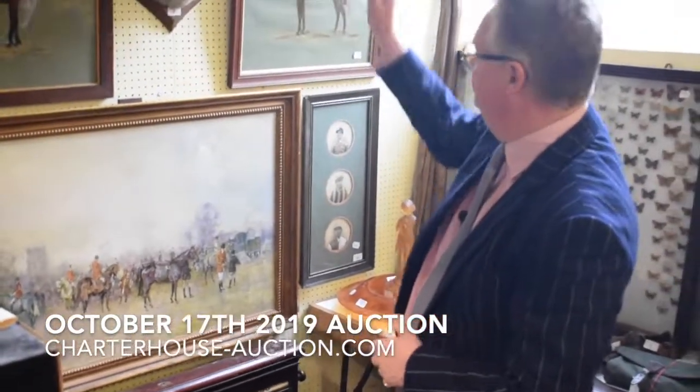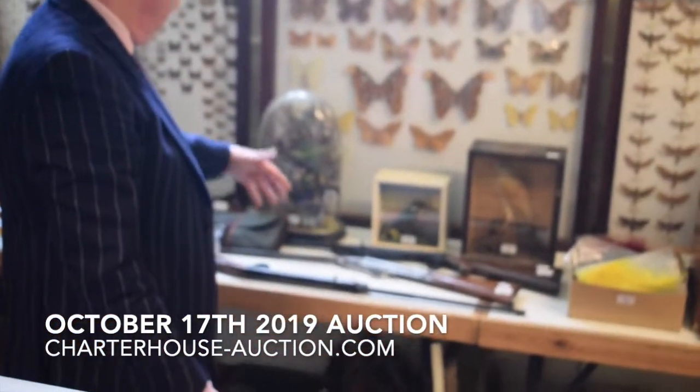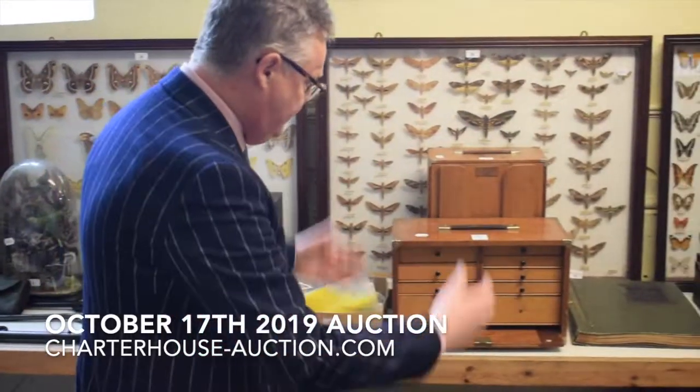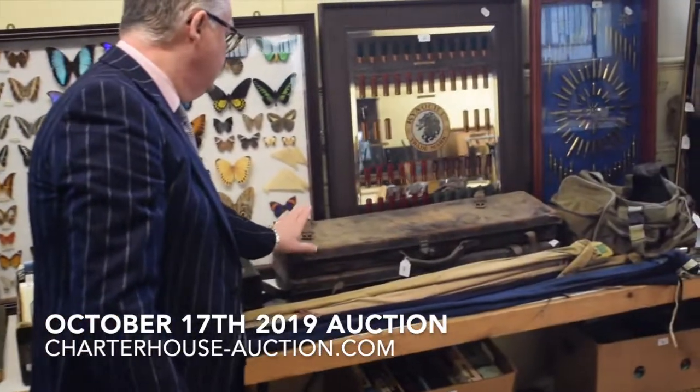There are lots of other horses and dobbins, and we've also got a lot of bugs and insects and bits and pieces. We've got stuffed kingfishers and other birds. We've got air rifles, shotguns, fly tying equipment, fishing rods, pictures on hunting and bits and pieces, books on golfing, more books, fishing rods,